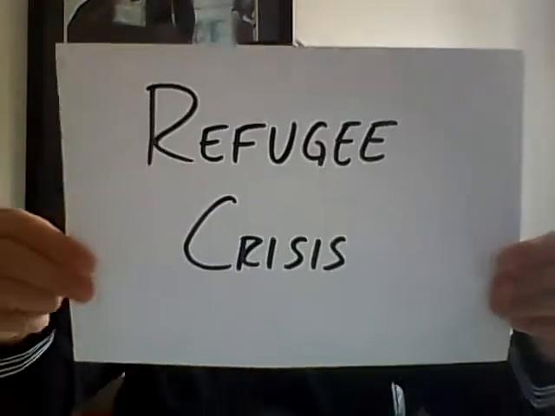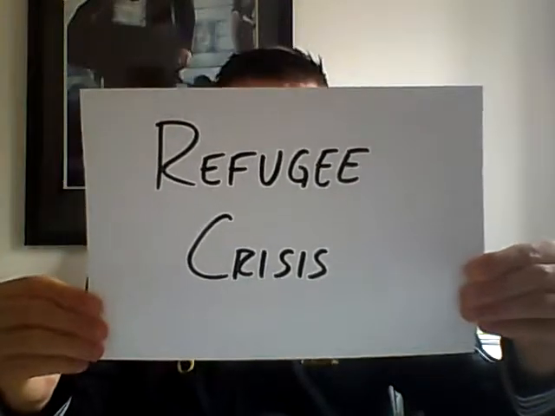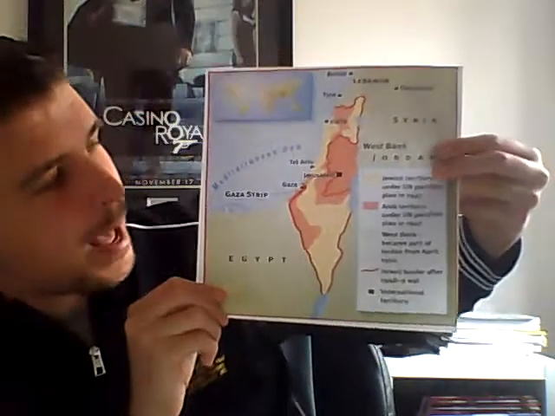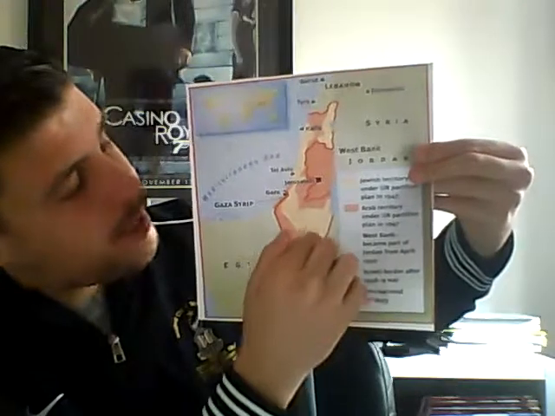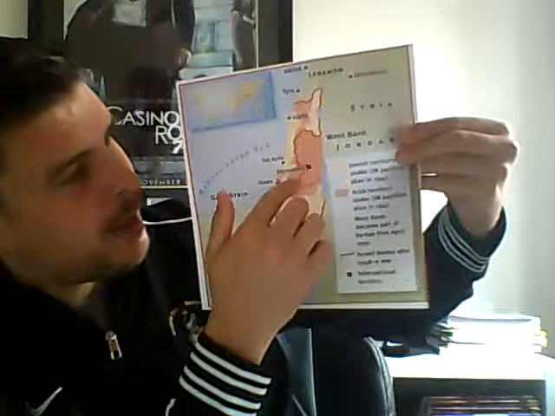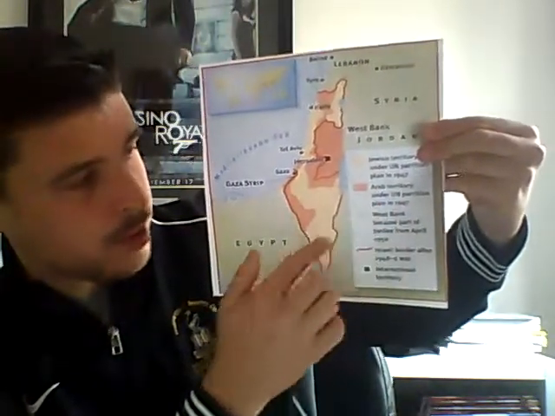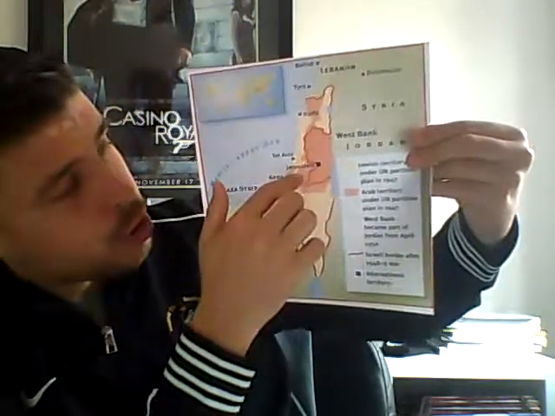Another consequence is the refugee crisis. So Israel, as I've said before, have taken over large areas of land, and in fact I have got a map here. I talked about how you've got this map in your exercise book and your textbook. I've got it here as well. Okay, so here we have a map that on the face of it looks quite confusing, but it's quite straightforward. Here in the yellow is the land that Israel were given as part of the UN partition plan. In the kind of peachy colour, that's the land that was given to the Arabs under the UN partition plan. Now this solid line here shows what counted